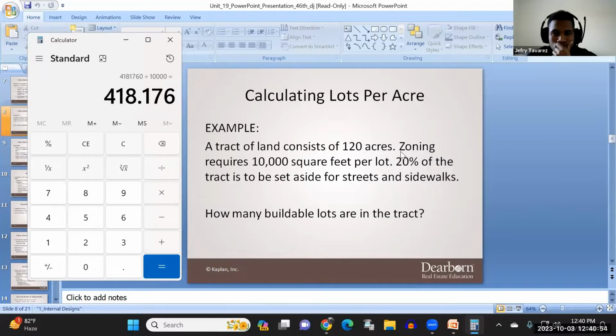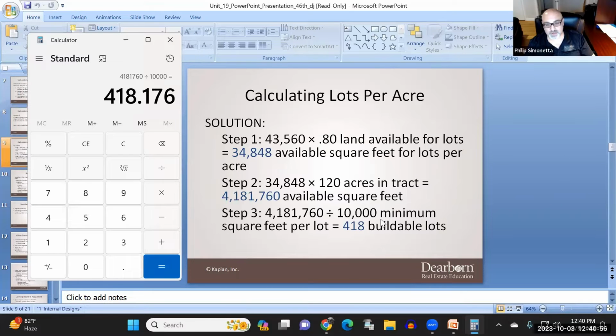Yeah, I saw it. I put the wrong number in there. So here you go. 43,560. Now you can do it this way too. See, I did it the whole way and it's subtracted, right? But you could do it this way too. So you have 43,560. See, this is taking the 20% off right off the bat. So 43,560 times 80% would be 34,848 per acre.